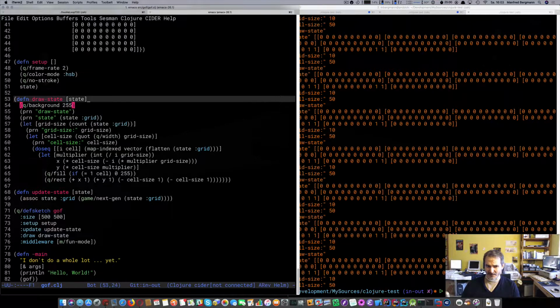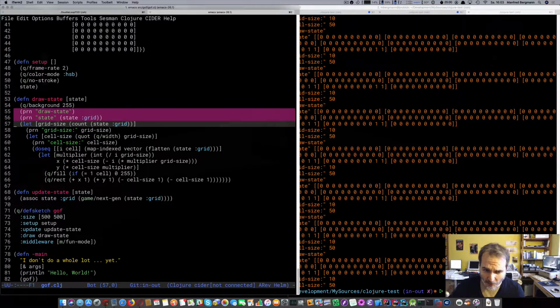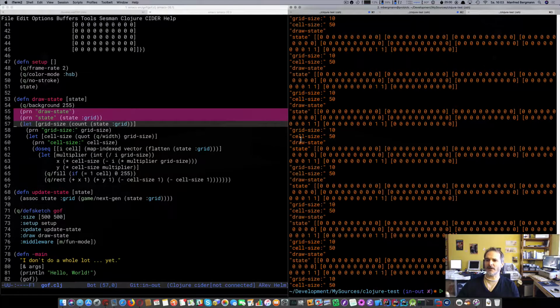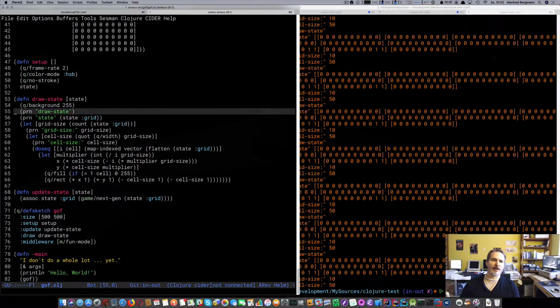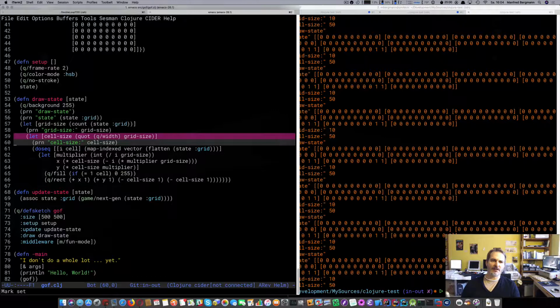It takes the state and it has a background. Those are print functions where I just wanted to verify, you can see it here on the right side, those are the print statements where I just wanted to verify that things are going right. So here in this let we define the grid size. We just take the number of rows because it's a quadratic field, and if it has 5 rows, it also has 5 columns, right? So we just calculate the grid size,